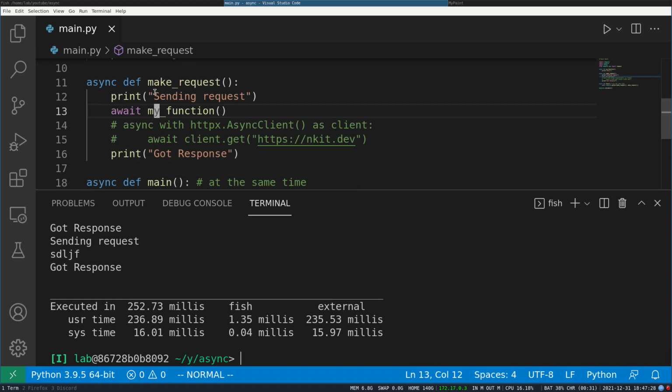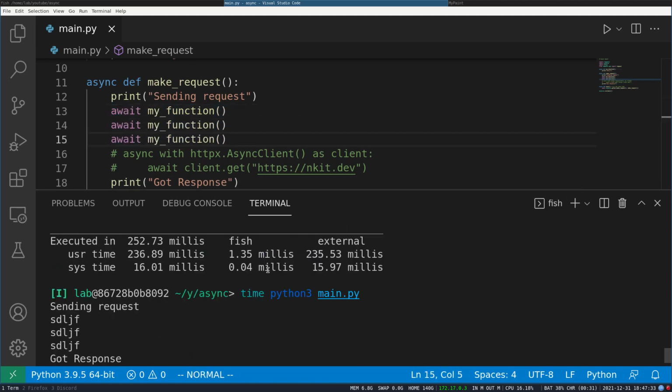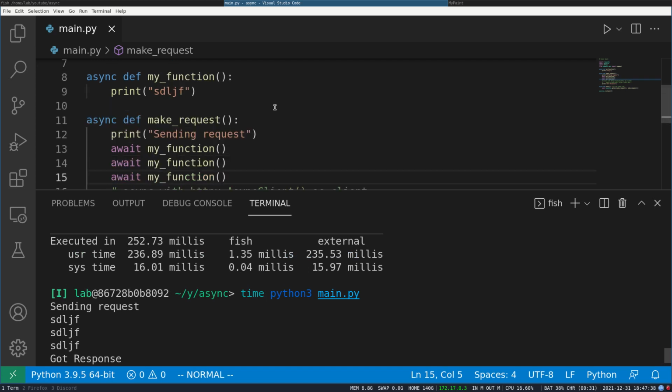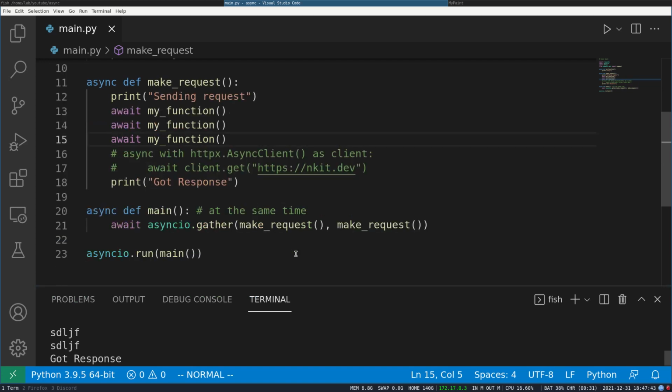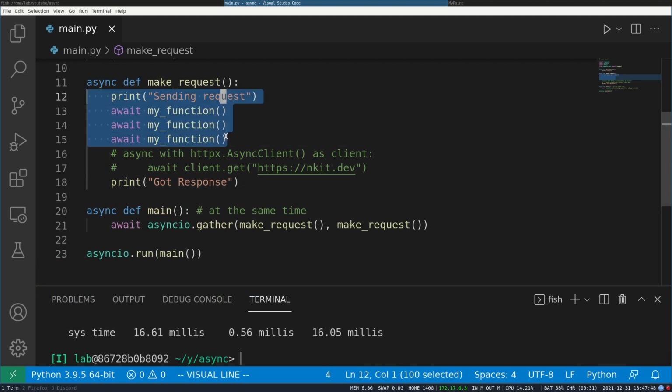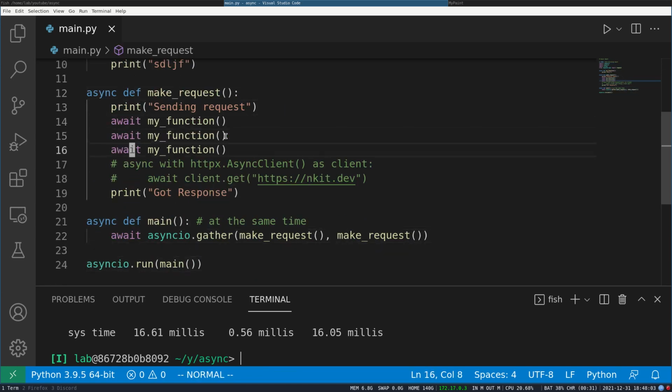Let me put multiple awaits. Okay, I will use a different example for this. I will show this after a little while, otherwise it will get a little bit complicated.